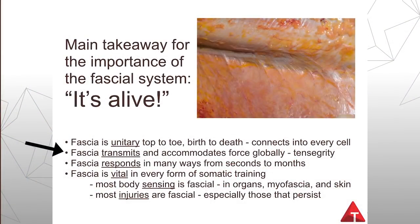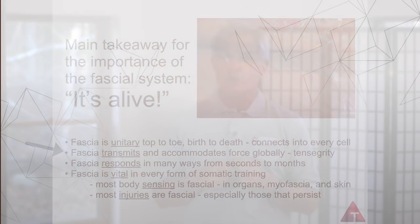Second thing we need to know about fascia is that it transmits force, and that the body is a force distribution machine, not a force focusing machine. When we focus the forces, we get injured. When we distribute the forces, we stay safe. So distributing the forces around the body is a big function of the fascia, and we now know it doesn't